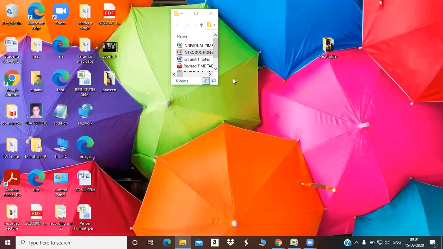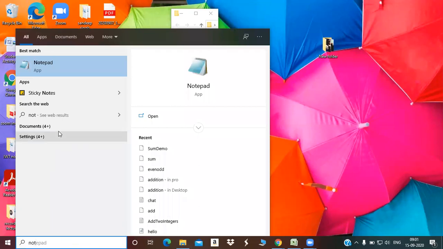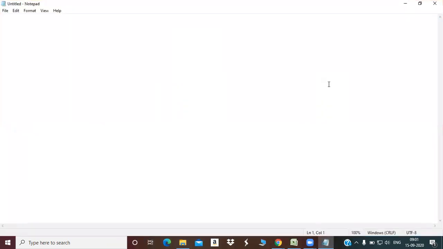Good morning, student. Today we will learn how to add some color in our HTML document, and for this we will create one program in a notepad. I hope the screen is visible.